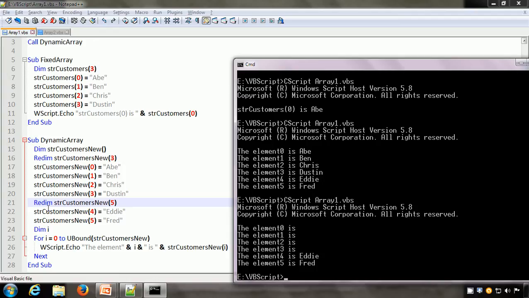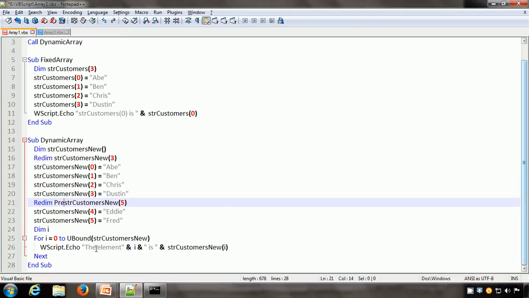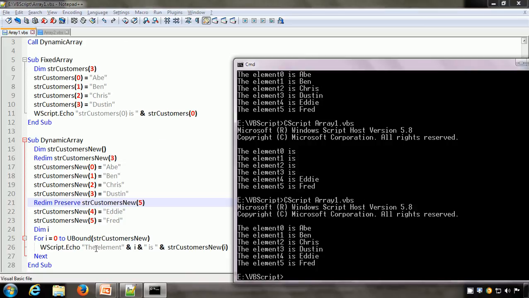Because on line 21 we redimensioned the array, and at the time of redimensioning we did not specify to VBScript that the data should be preserved. So VBScript increased the number of elements of the array to 6, but the existing data was lost. So when there is already some data within the array, then you should use the Preserve keyword. So let us put Preserve again, and this time it's going to work correctly.